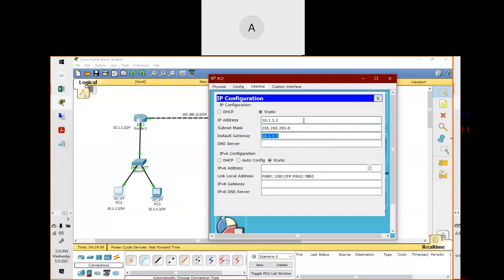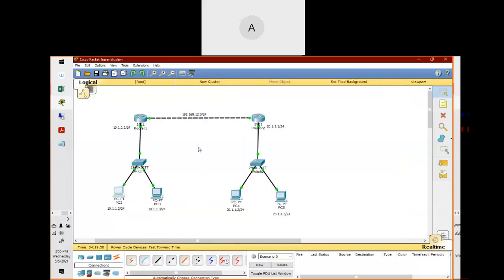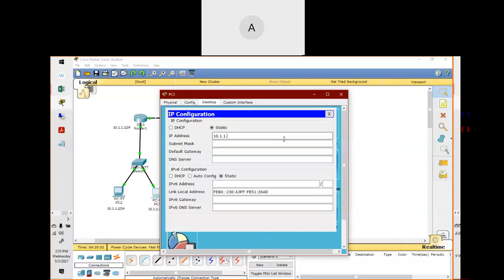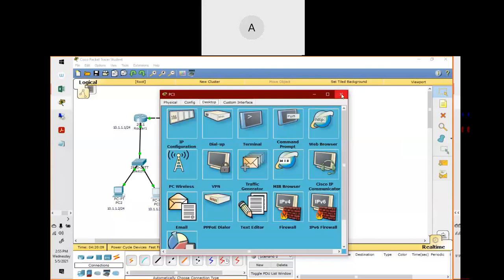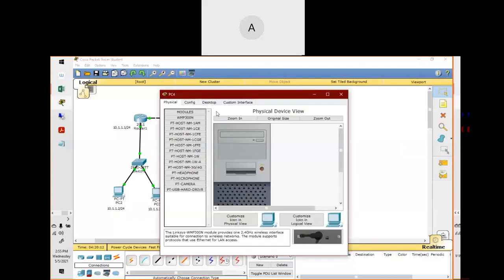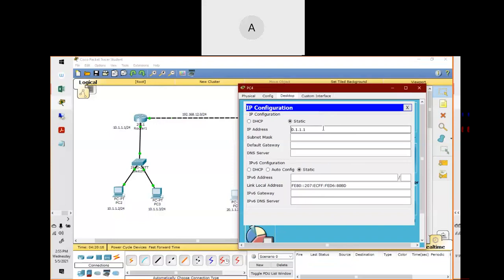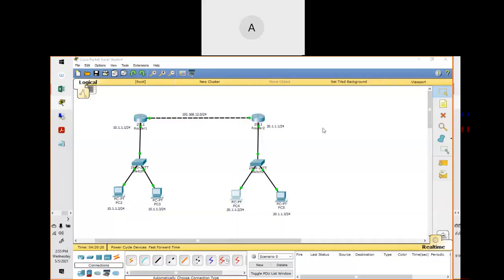Done. This is the gateway and this is the IP address of this desktop. Close this one, desktop. This two.